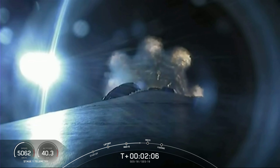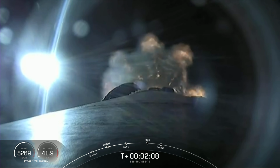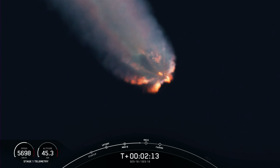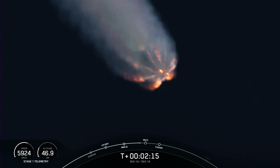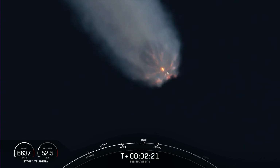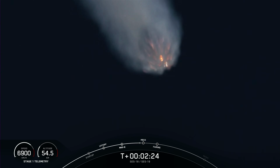And that's where the first stage... Vehicle is following a nominal trajectory. First stage will separate from the second stage. Right after stage separation, the first stage will start its journey back to Earth, targeting a landing on our drone ship. During that time, stage 2 will continue on its journey